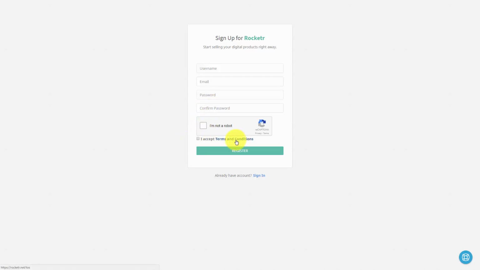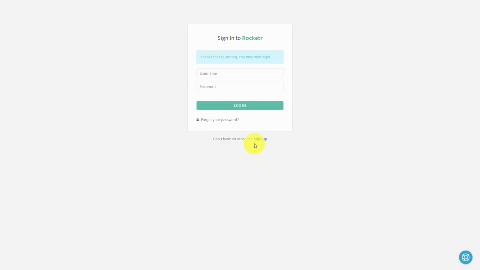Of course, make sure you read the terms and conditions thoroughly to make sure that they are what you would want them to be if you're going to be doing business on this platform. Once you've read the terms and conditions, you're going to click I am not a robot, and then click register. Once you've done that, you are going to start the process by typing in your username and